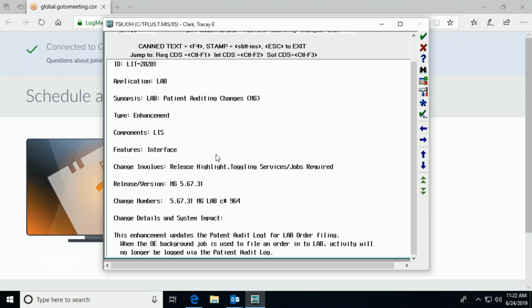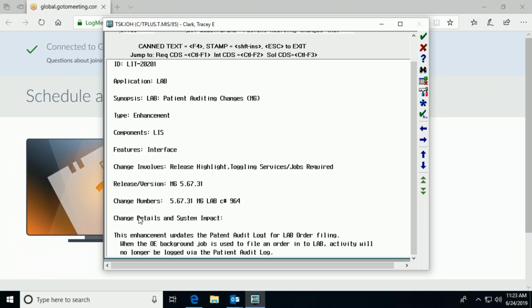Change involves, here's where Meditech has decided to stash this phrase, release highlight. So if they've identified a DTS as a, quote, top DTS, which is the old terminology, they're going to stash it in this particular section of your DTS. But we can, and Tracy did this, search for that phrase, release highlight, pull up all the DTSs in the project, and then batch update all of those DTSs to a higher priority, so that as a group those are the ones you're probably going to want to go through first. And then as we scroll down here,